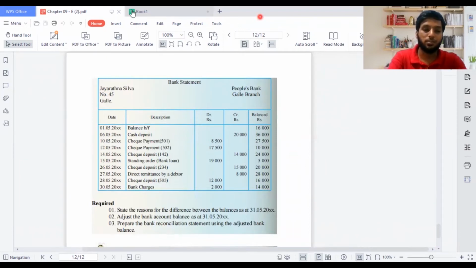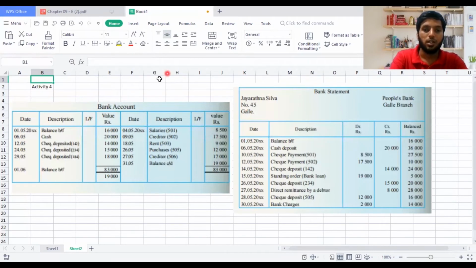We are going to prepare these basic things, but first we need to understand the sums. Remember guys, I taught you this way of working out what values should come. First of all, I'm going to take my bank account and compare it with my bank statement. When I compare my bank account with my bank statement, I might get the unrealized cheques and unpresented cheques. Then I compare my bank statement with the bank account, so I'll be getting the adjustments related to the bank account.